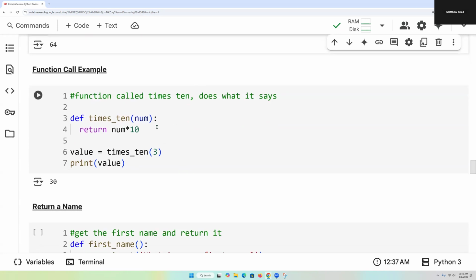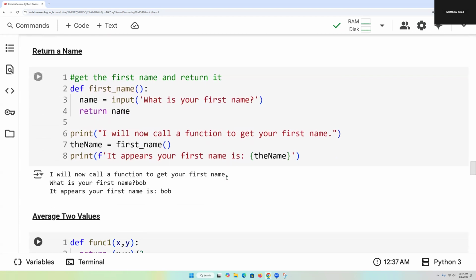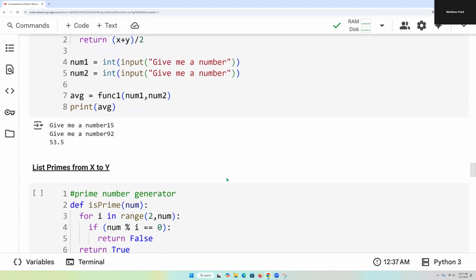If we want to have a function call, this is times 10, and you say times 10, 3, then it's going to pass in the 3 and return the 30 for you. Okay, so